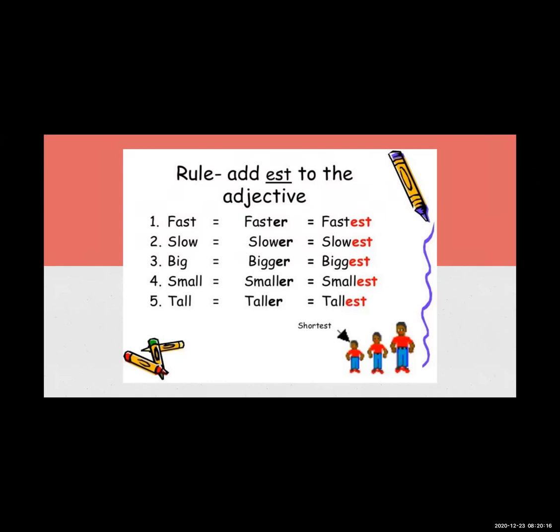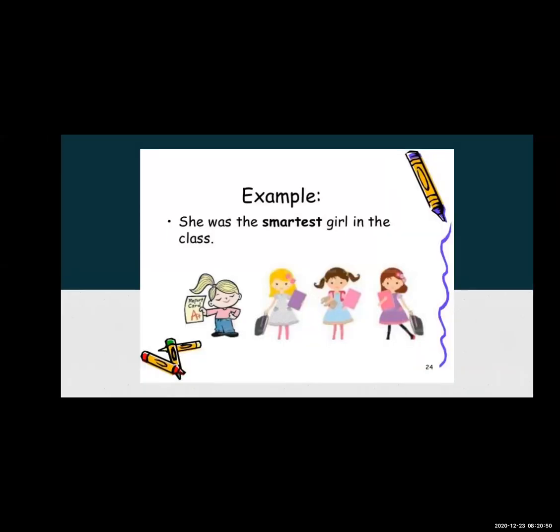Yes, you can say it like that, because he is the world's first rank athlete. Yes, he has done that running. So slow, slower, and slowest; big, bigger, biggest; small, smaller, smallest; tall, taller, and tallest. So these are the adjective forms of these particular words. There are three children. The small one is the shortest, and the big one is the tallest. Okay, so we'll see the examples related to this.